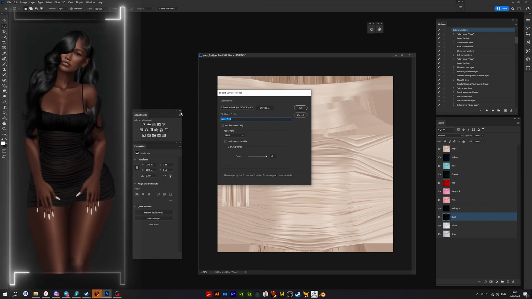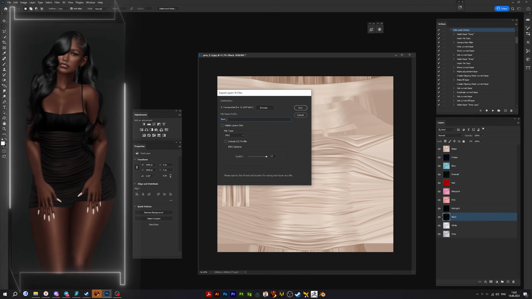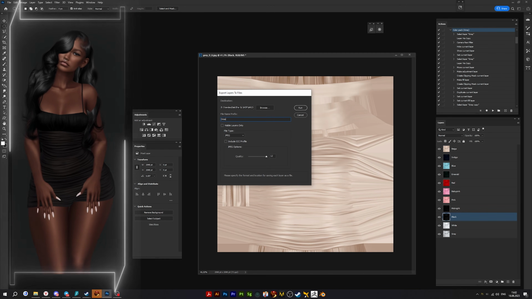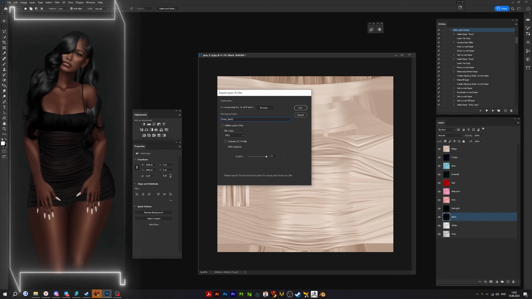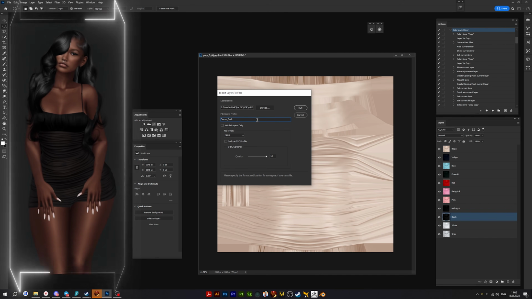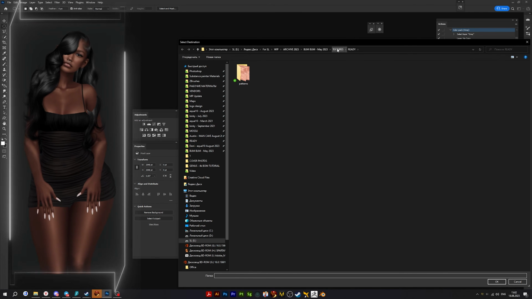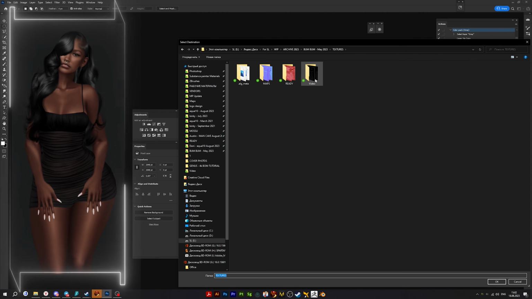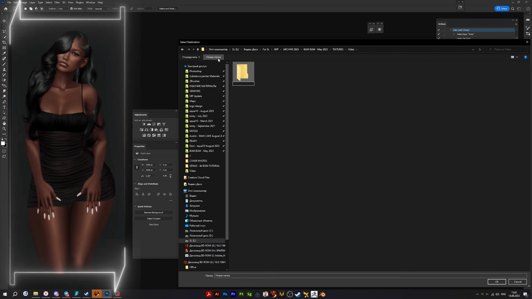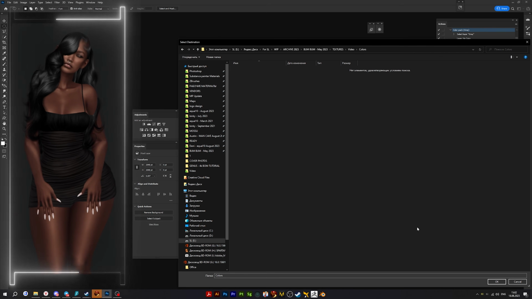So then I have, I don't know, it will be back, right? Dress, back. It will be our file name prefix, and after that, Photoshop will add color name. So browse, select the folder, for example, colors, and select this folder.